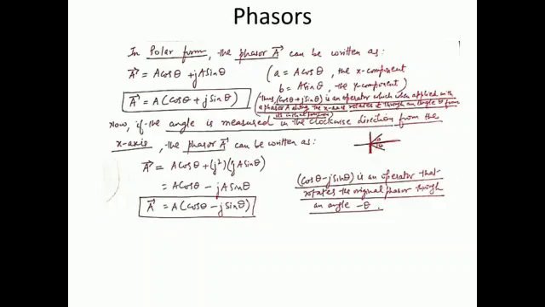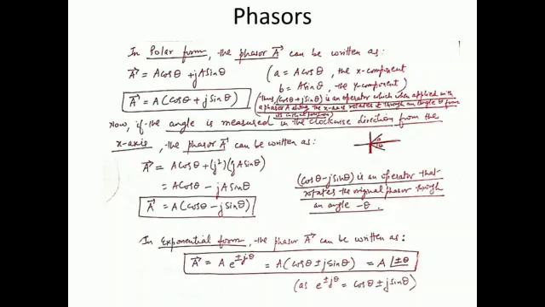The phasor can be expressed also in the exponential form as A phasor is equal to A exponential of plus minus J theta, which can be expressed as A times (cos theta plus minus J sin theta), or simply A angle plus minus theta, where exponential of plus minus J theta is simply cos theta plus minus J sin theta, as can be seen on the screen. This is the exponential form. Here simply the operator cos theta plus minus J sin theta is expressed as exponential of plus minus J theta.